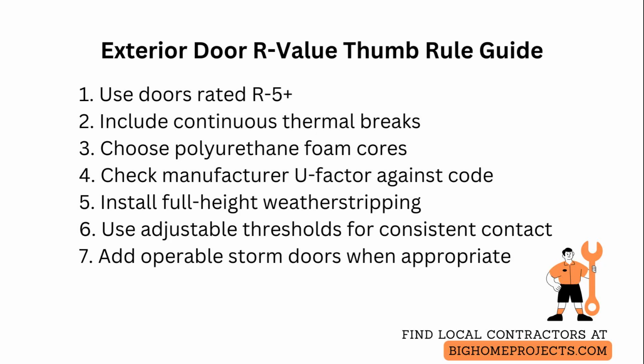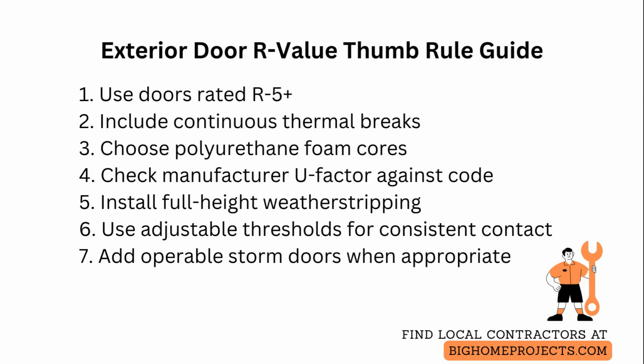material. Choose doors with continuous thermal breaks between exterior cladding and interior surfaces to avoid conductive bypass, and select cores such as polyurethane foam for higher R values while recognizing that steel skins need thermal isolation to perform. Check the U factor reported by manufacturers and compare it to your local energy code requirements, because R values and U factors are inverse, and codes often specify maximum U factors rather than minimum